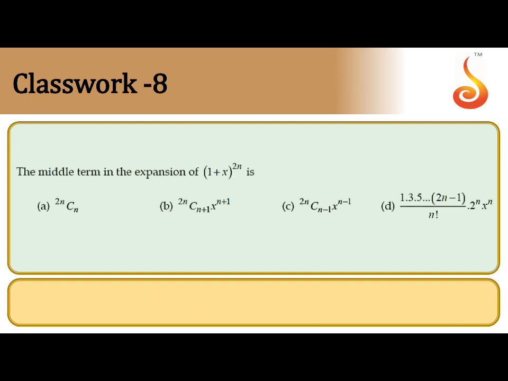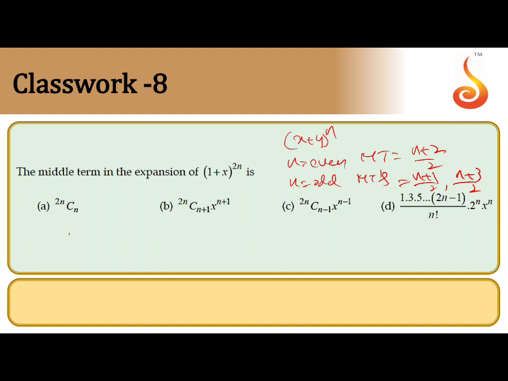The middle term in the expansion of (1 plus x) whole power n. So how to find middle terms? If n is even, how to find the middle term? For (x plus y) whole power n, n even, the middle term is the (n plus 2 by 2) term. If n is odd, there are two middle terms, the (n plus 1 by 2) and (n plus 3 by 2) terms. These are the middle terms if n is odd. So here the power is 2n, so n is even. So the middle term